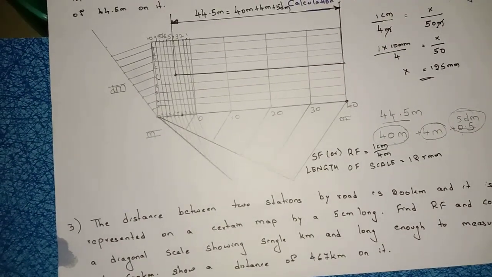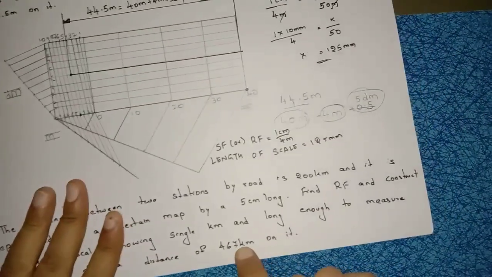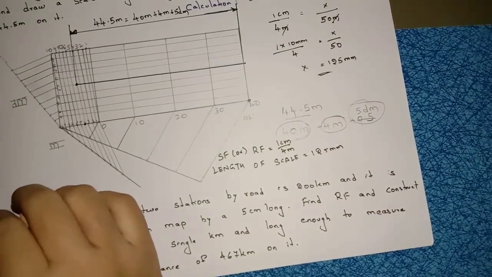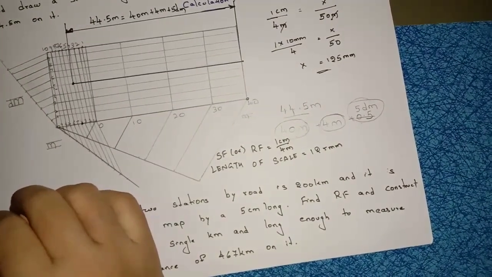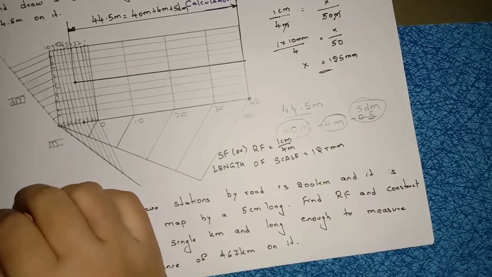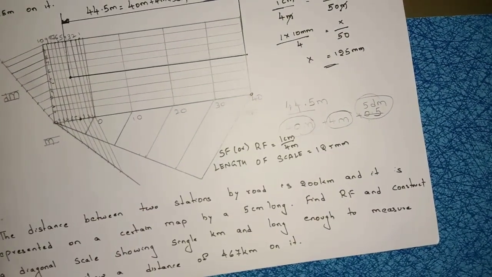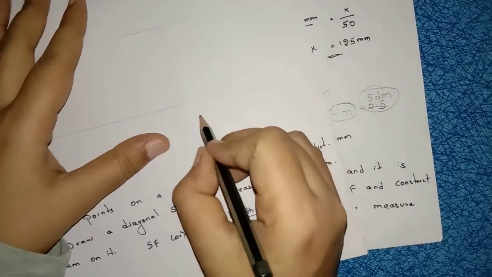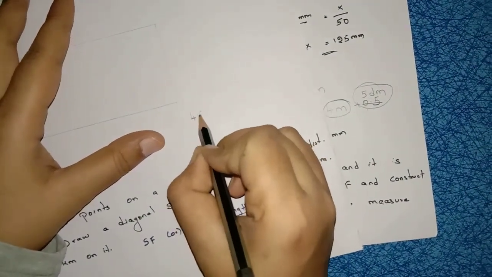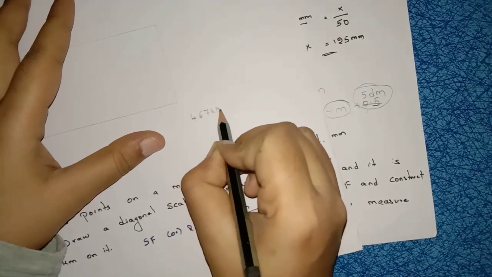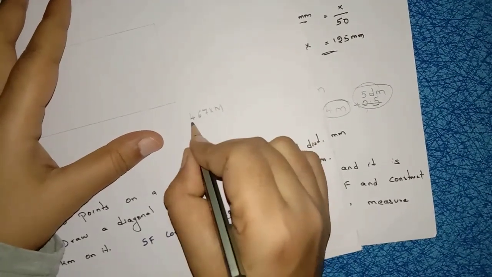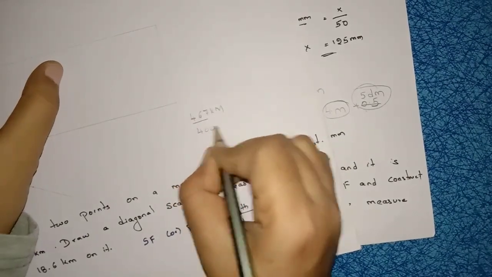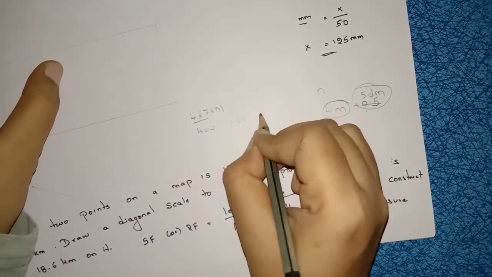Right? After that, what is the output here? 467 kilometers. You have to mark 467. So how you will split that 467? 400 plus 60 plus 7. Right? So let us see. The output you have to mark here is 467 kilometers. Forget about these units. Let us take these numbers. 467. So 400 plus 60 plus 7.